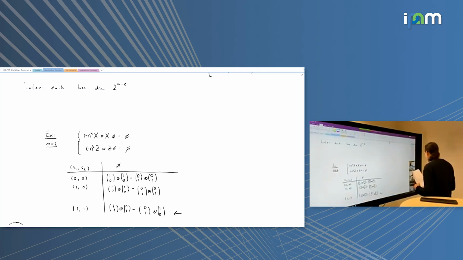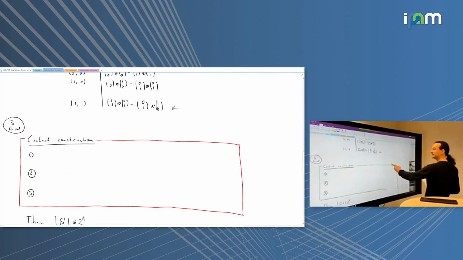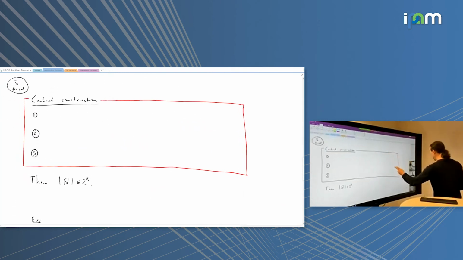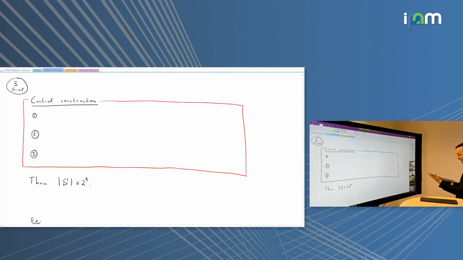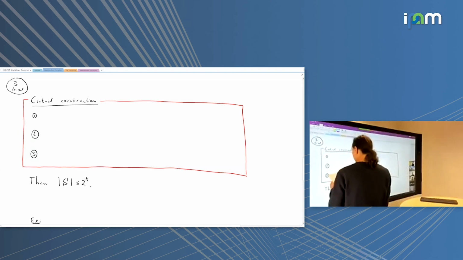Good. Okay, so now you are all officially well prepared, and it's good because I'm running out of time, so I should get going here. And I can now tell you how to use the Pauli group in general to construct spaces that will turn out to have good quantum error correction properties. Okay, so here's the construction.